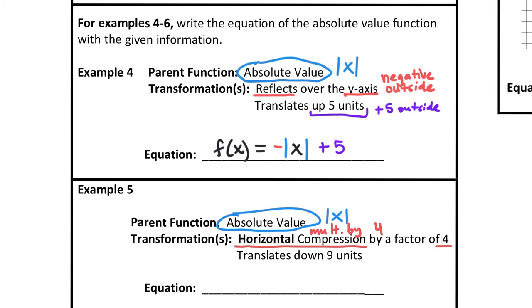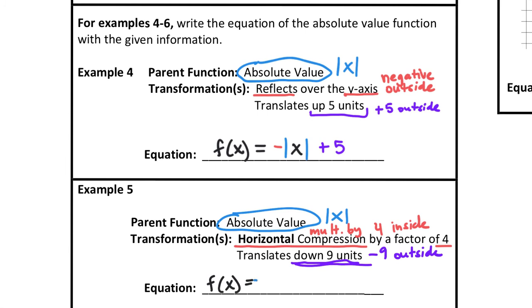Then translate down 9 units. So minus 9 outside. Oh, and this is multiplied by 4 inside. Inside. Horizontal happens inside. So the equation is going to be f of x